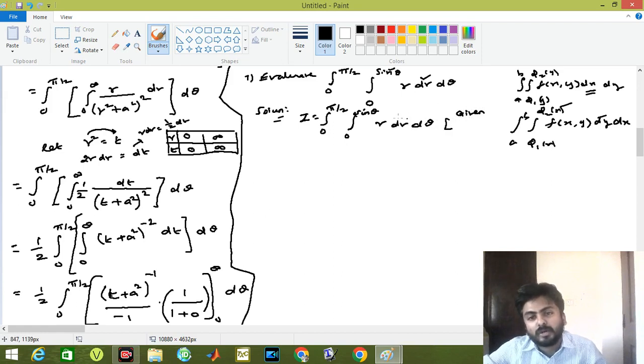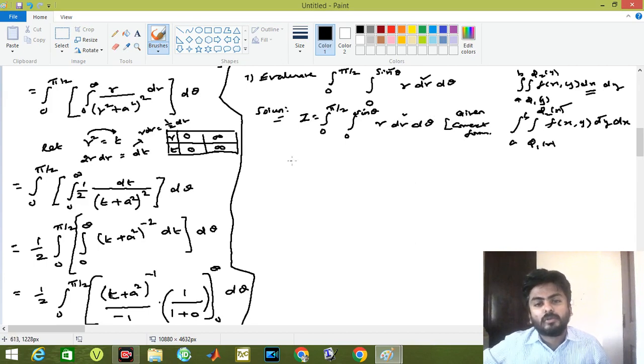Is it in the correct form? Yes, the limits are with respect to theta, so the first integration should be with respect to r, so it is in correct form, okay. Now the integration of r will give